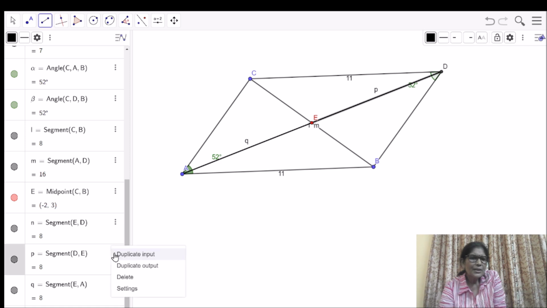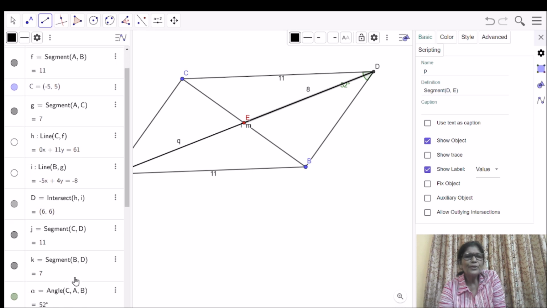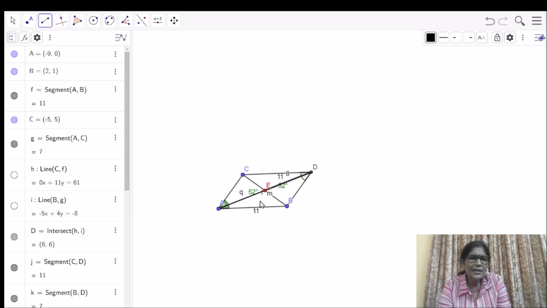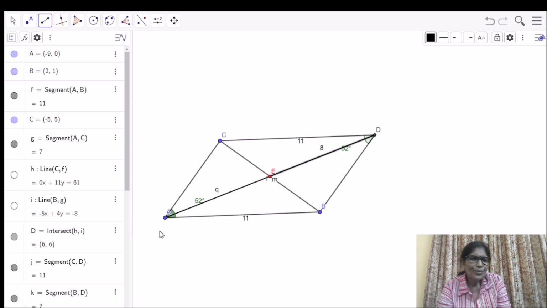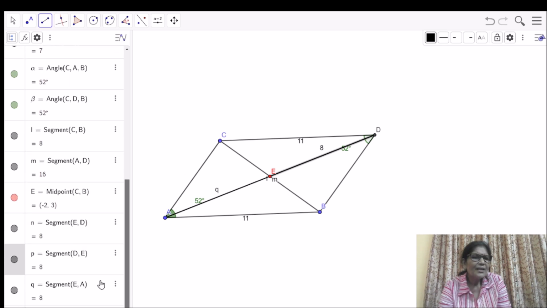This is ED. Its value is 8, and also you will see this AE. I'm moving this. Here also you can show that it is 8. This segment D is also 8. E is also 8.